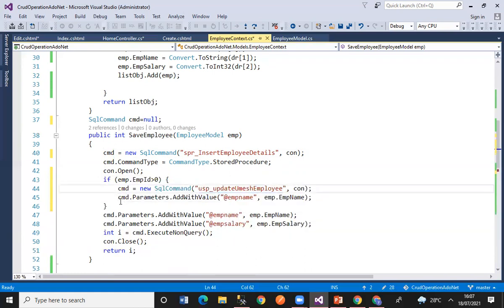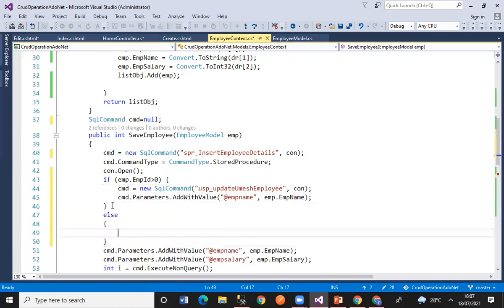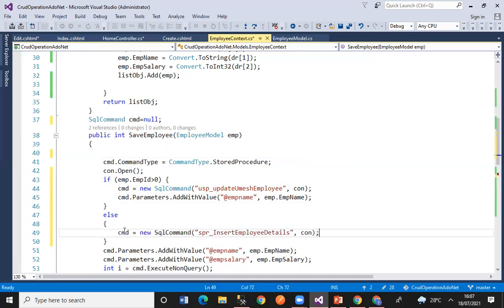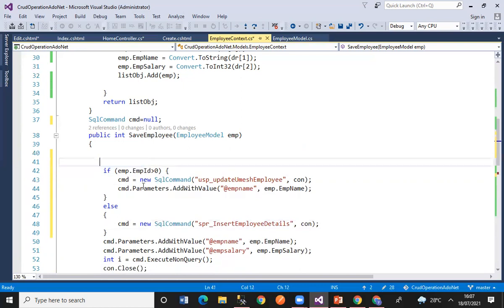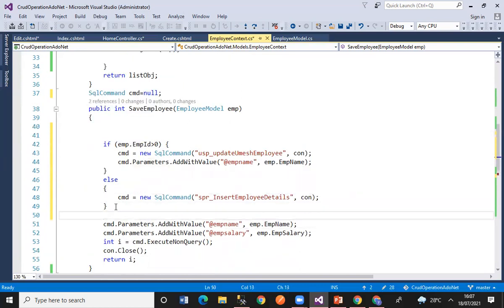If it is greater than 0, else, if it is not greater than 0 and you have 0 only, then you just need to take this store procedure. So Control X, paste it like this. All these two things you can keep down here and paste here like this.